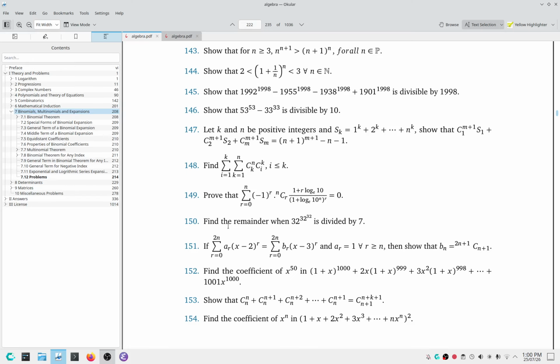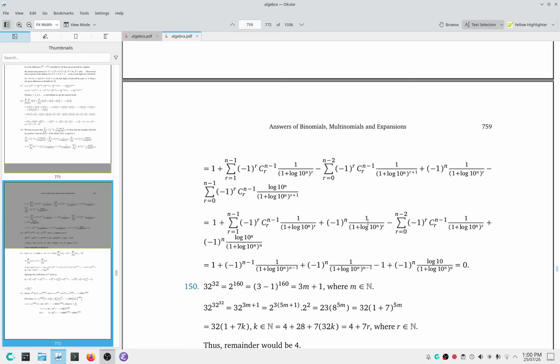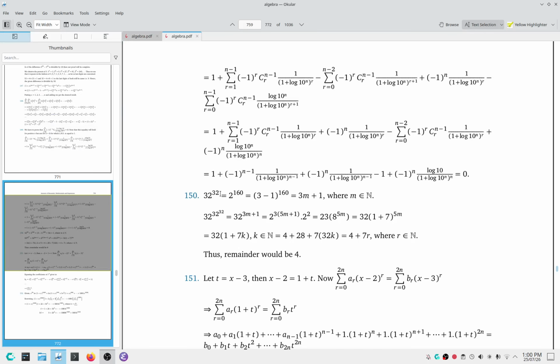Question 150 says: find the remainder when 32 to the power 32 to the power 32 is divided by 7. So 32 to the power 32 is equal to 2 to the power 160 because 32 is 2 to the power 5. So 3 minus 1 to the power 160, that is 3m plus 1. Now 32 to the power 32 to the power 32 becomes 32 to the power 3m plus 1, which is equal to 2 to the power,